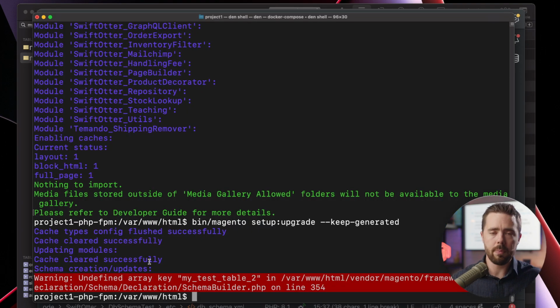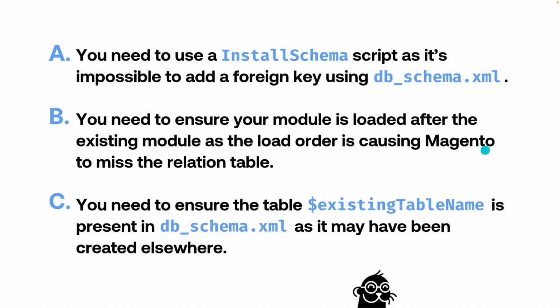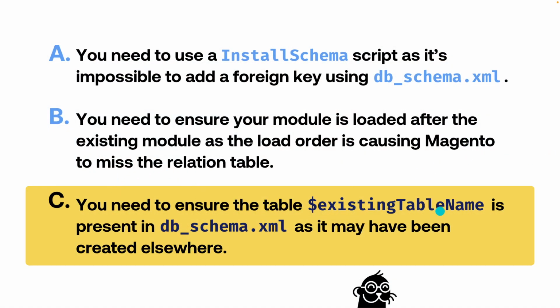Now, the problem really comes back to that Magento doesn't understand a table that is not in DB Schema. It doesn't know how to reference or relate those two together. And as such, it errors out. So I'm kind of giving you the answer without ultimately giving it to you, but the answer really is C here. You need to ensure that the existing table name is present in DB Schema, as it may have been